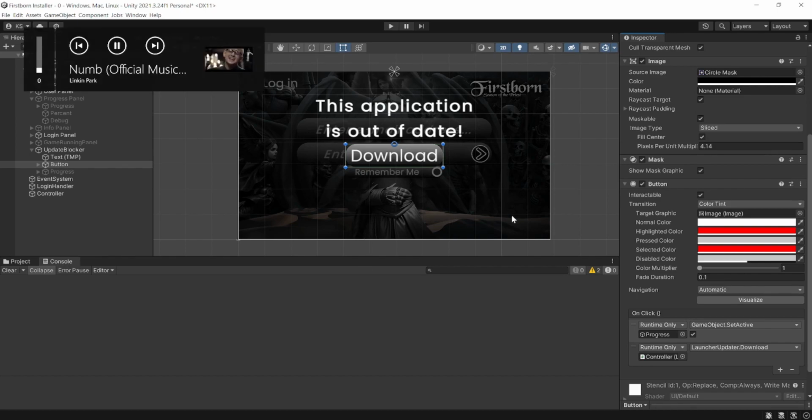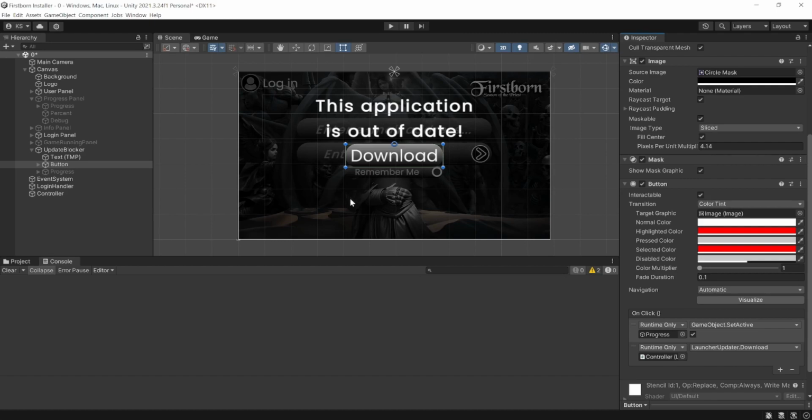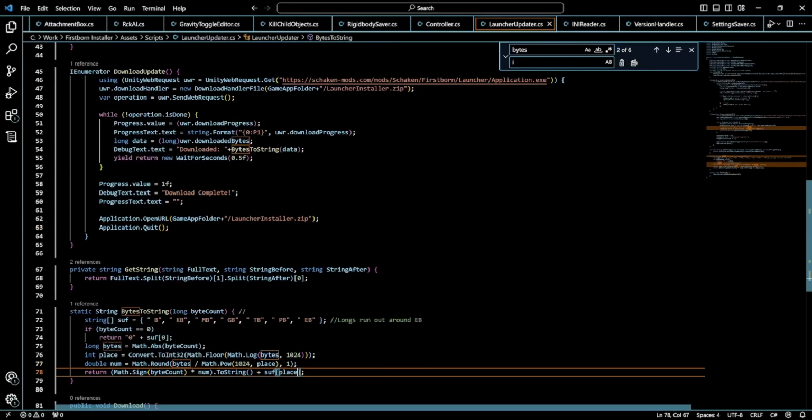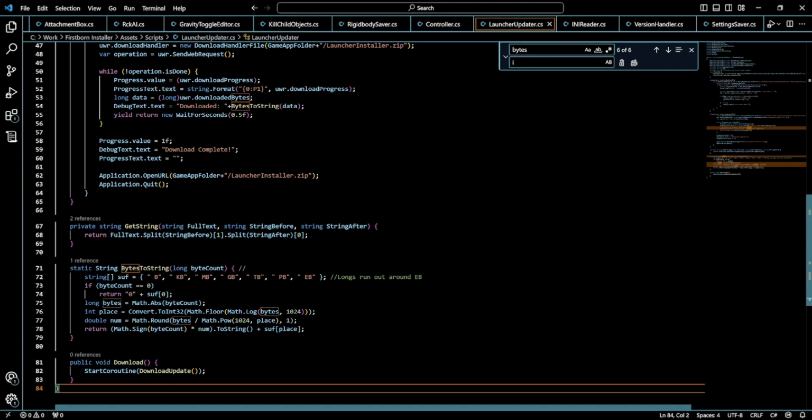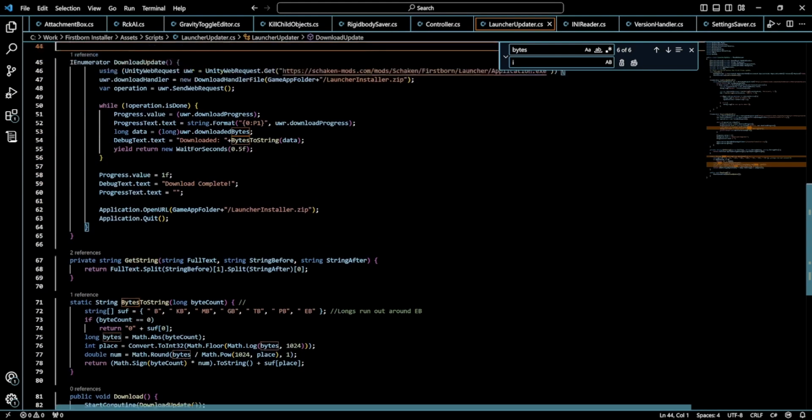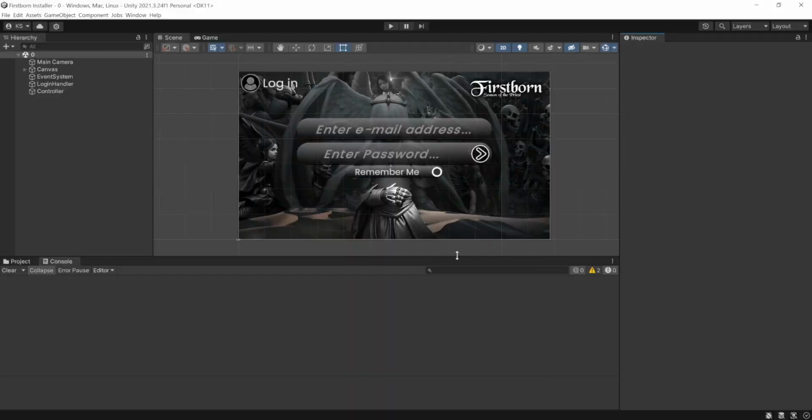And then whenever it's done downloading, it'll just close the whole application and it'll open up the new one, or the installer. Now, let's see here. So I'm going to compile this whole thing and upload it, and then we're going to test it. Okay, so I went ahead and finished